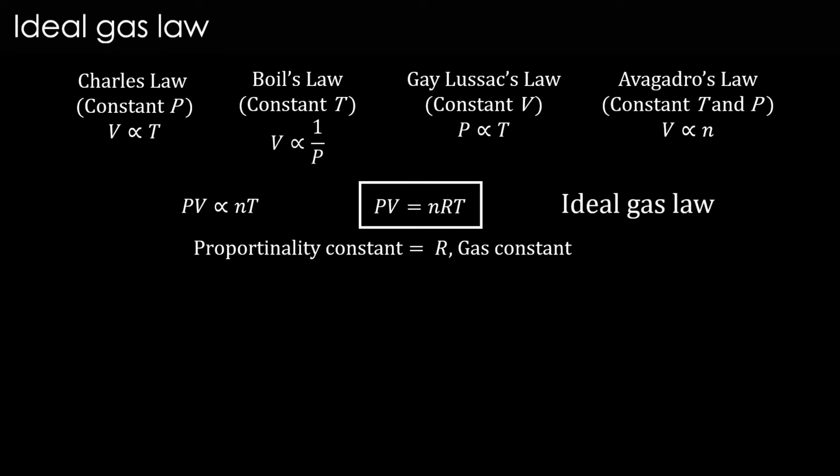What it tells us is how state variables are related to each other in an ideal gas at equilibrium, because to measure one value for the entire system, let's say pressure, the gas must be stable in that pressure and it must have a uniform pressure throughout. That means it must be in equilibrium.